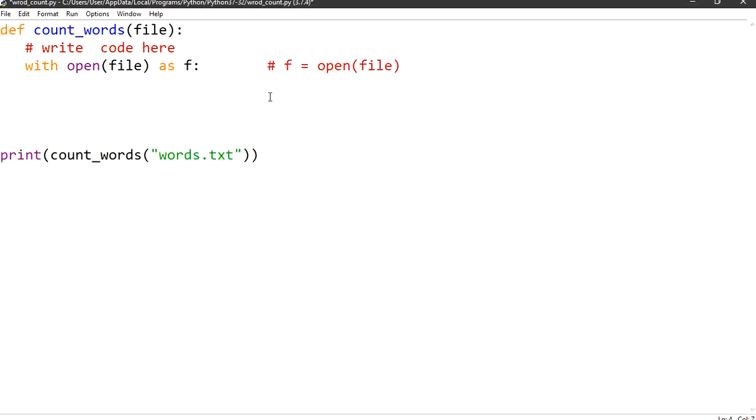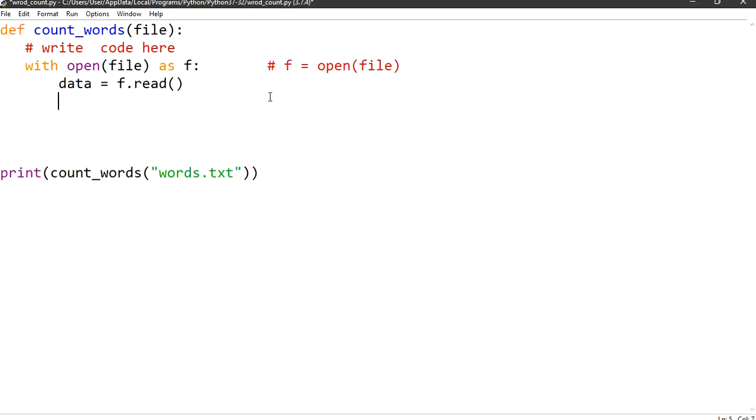Now what I need is the data to be read, so f dot read. We have now our file object as f. Now f dot read is going to read the particular file. Now we need to replace the data which has a comma with a space.